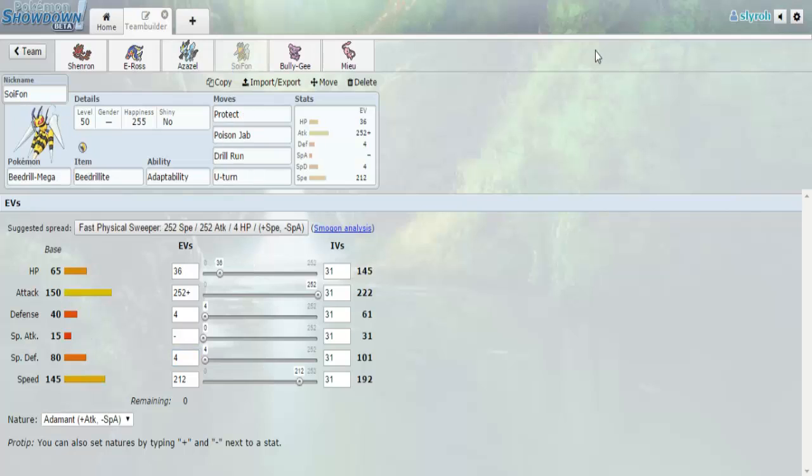Next Mon is Soifon, the Mega Beedrill with adaptability. Of course it always has adaptability as a Beedrill, I don't know why I even had to go over that, but Protect, Poison Jab, Drill Run, U-Turn, Max Attack Adamant, 212 speed, 36 HP, and 4 in defense again for maximum stat increases,